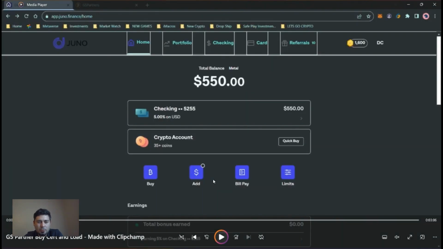So go through all that, loading. Yeah, that's pretty much it. So really, really quick, brief explanation. Just wanted to kind of give you guys an idea of how to load, purchase, and all that good stuff